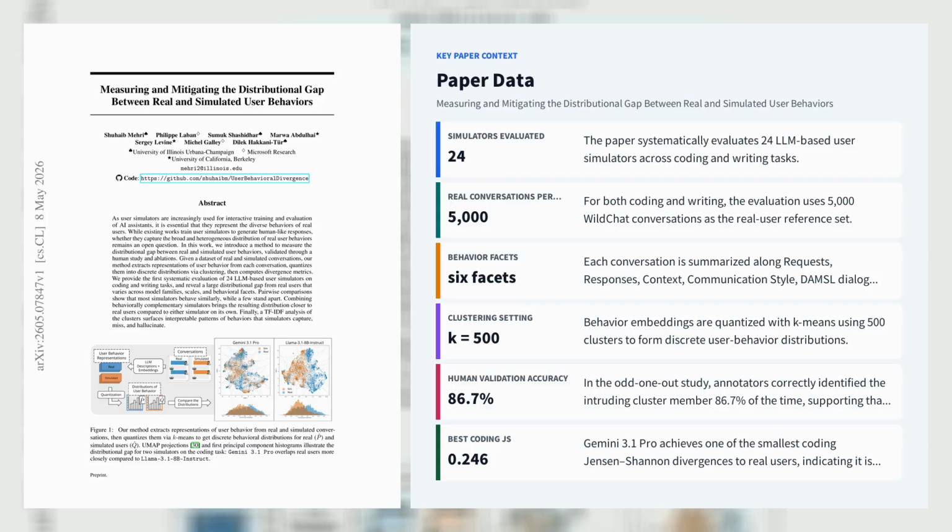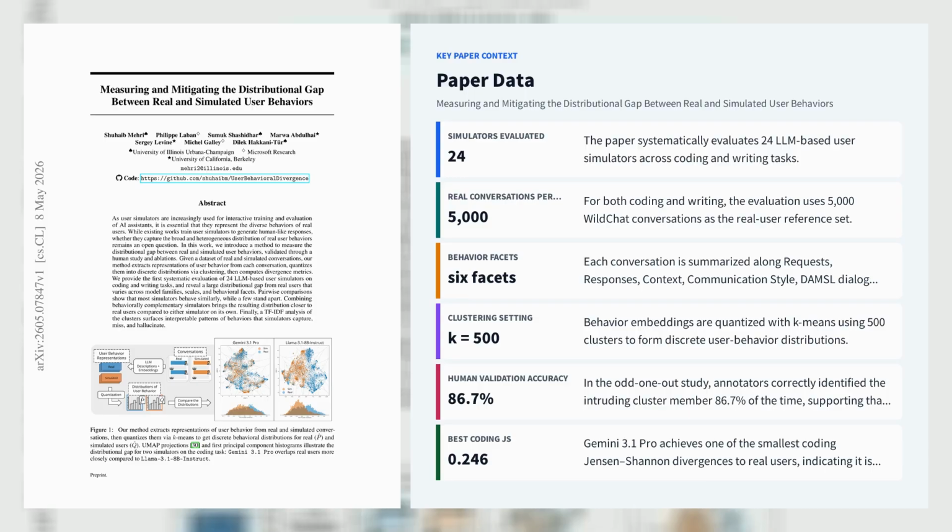Let's explore the second paper, Measuring and Mitigating the Distributional Gap Between Real and Simulated User Behaviors. This paper argues that matching the surface style of real users is not enough. User simulators must match the full distribution of behavioral modes. The authors propose a three-stage metric that first uses an LLM, specifically Qwen3.5-122B-A10B-FP8, to summarize each conversation along 6 facets: requests, responses, context, communication style, DAMSL dialogue acts, and SGD dialogue acts,